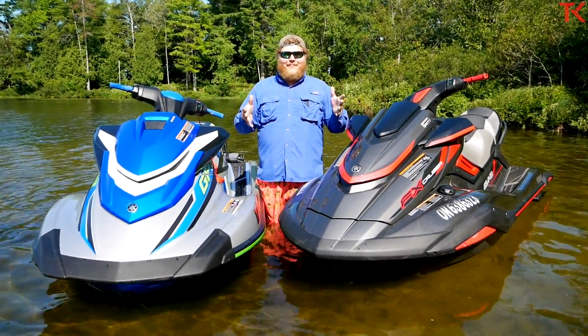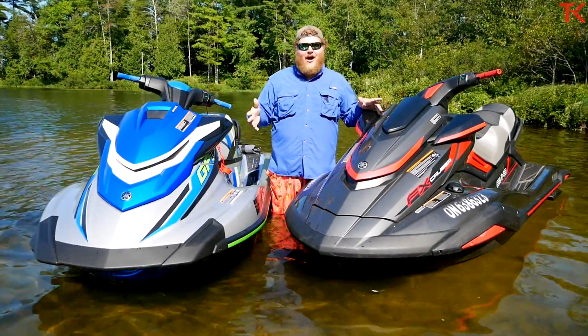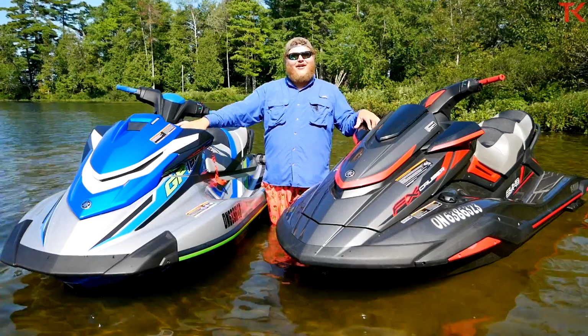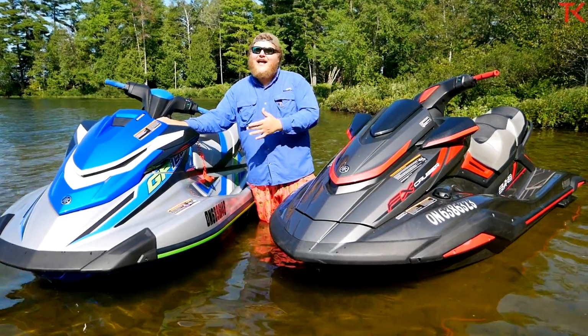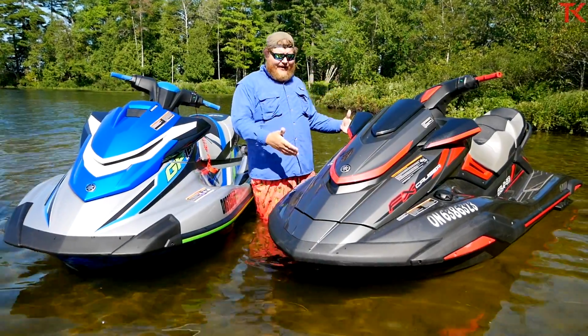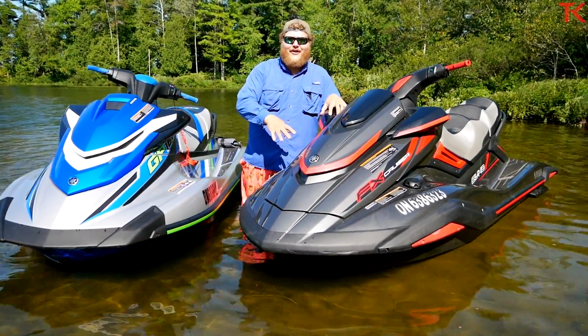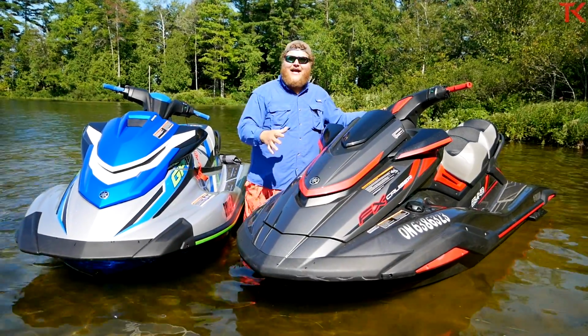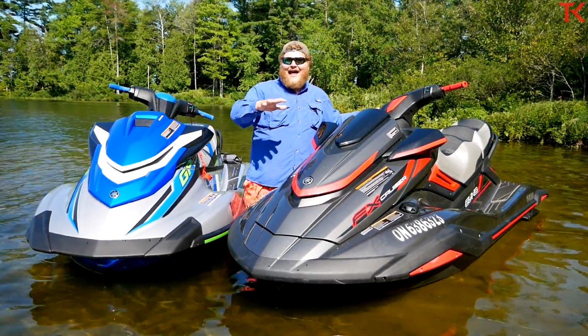We've got an exciting comparison today because we have two different Yamaha Wavrunner models that are opposites. This is the GP1800R. This thing is a race machine. It's got no fancy features, but it's gonna tear up the water. Whereas over here, we have the FX Cruiser, heavy emphasis on the cruiser. This is the kind of machine where you wanna take your family out and spend a day just relaxing out